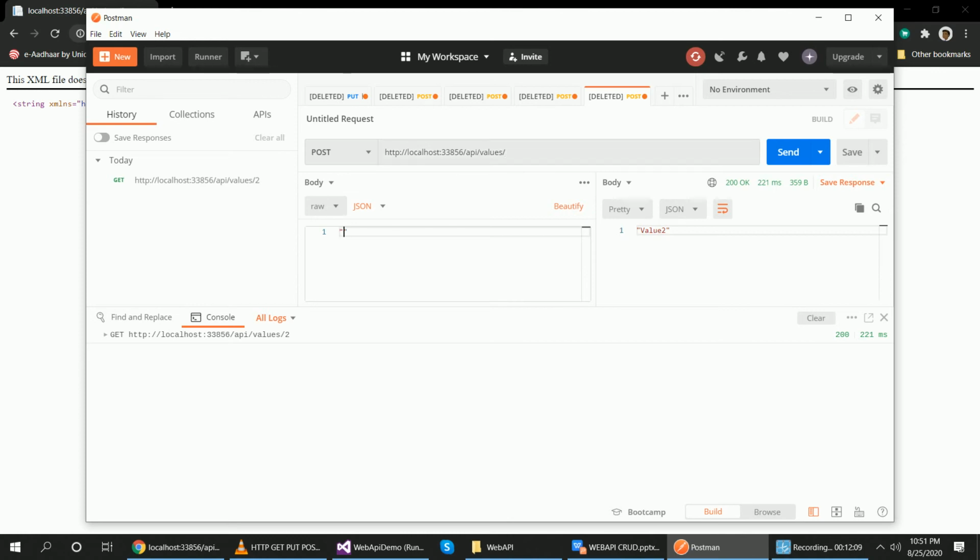Suppose I want to add value or Babu Bhai. Right? This is my response body. This is my request body, and I want to create the Babu Bhai string. I have selected the post HTTP verb, and now click on the send button.